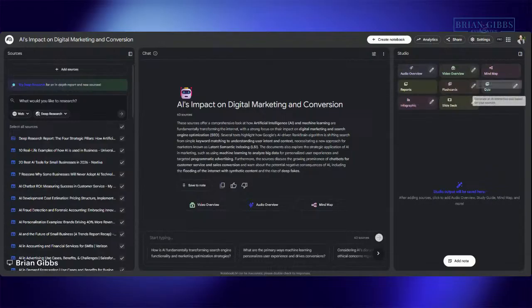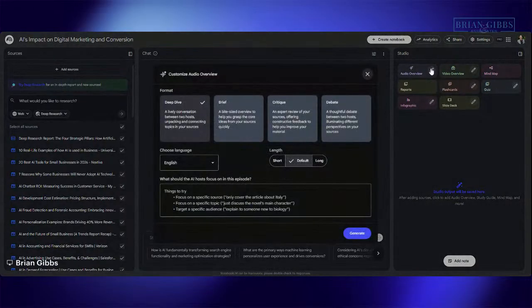You got all these different ways that you can use your notes, and I'm going to drop into a couple of them. Some I know you've seen, whether you know it or not. You've heard the audio overviews, and it's basically a couple of people that makes it sound like there's a podcast going on. And how I know you've heard it, they're the same voices for everybody. But now you can go deep dive, you can do a brief, you can do a critique, or you can have them debate. And you would just say,